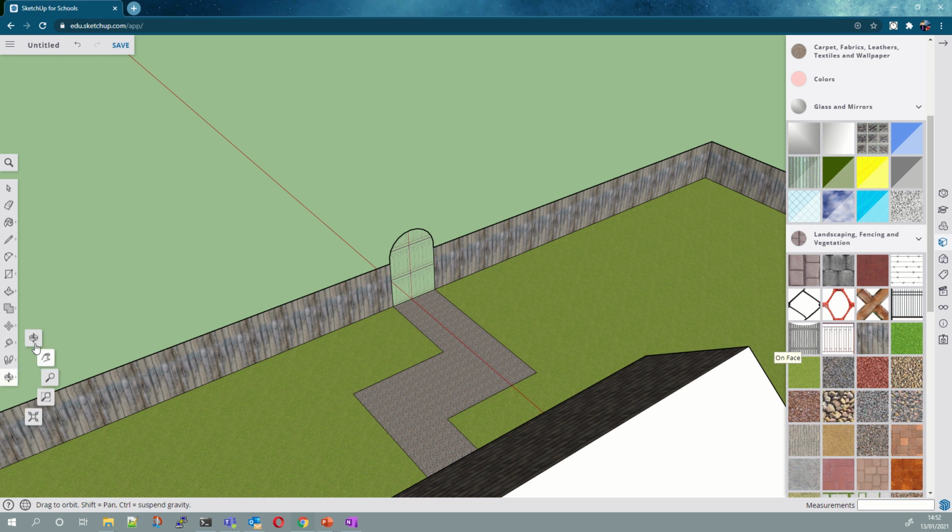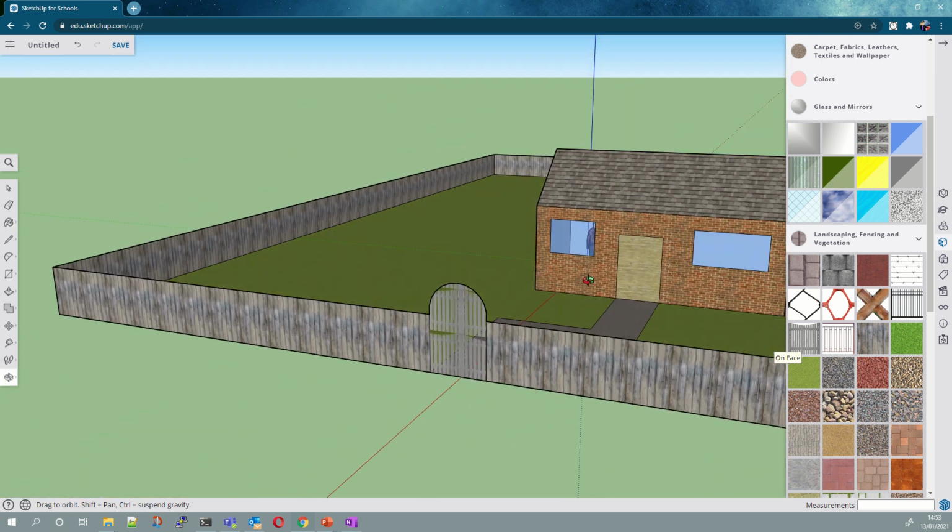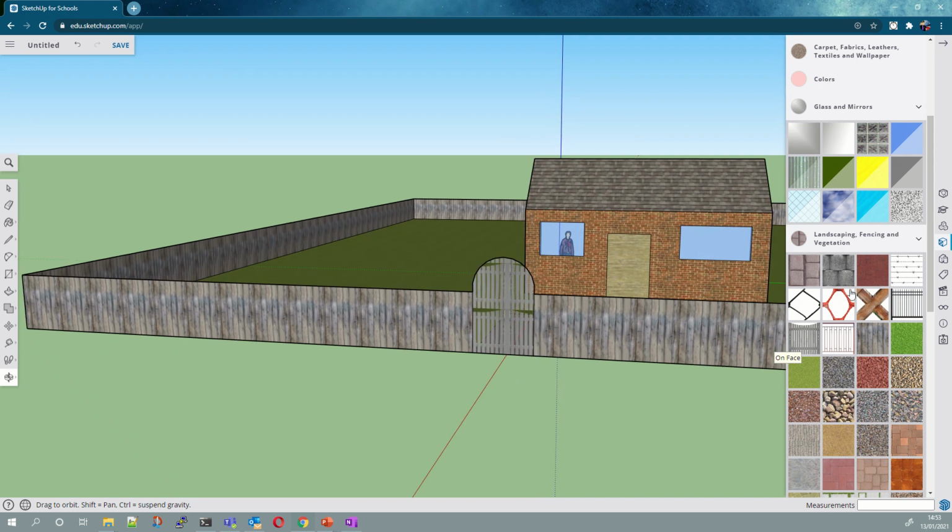And again, this lesson is just about practicing. This isn't your finished piece of work. It's just to give you an idea. So that hasn't worked perfectly, but I've got a gate, I've got my fence. Last thing I'll do, again, hopefully you've paused it and had a look so far, but the last thing I'll